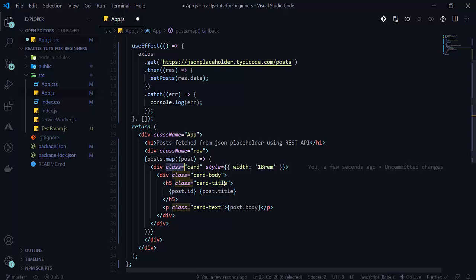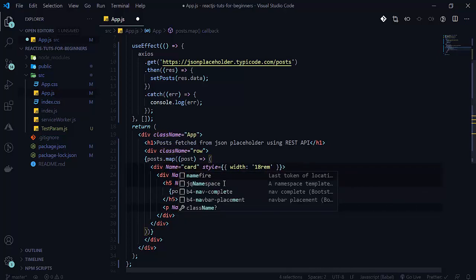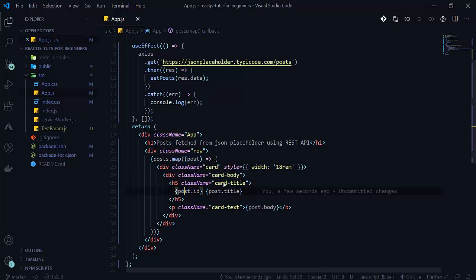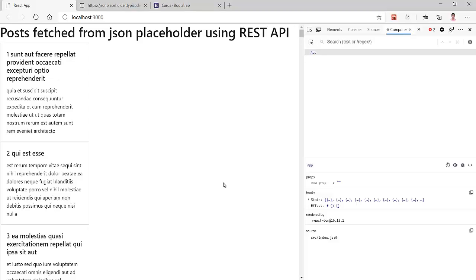Simply press Ctrl D, because our compiler will get confused here. So here we will change class into className. Now this is our row, so let's see if it changed or not.